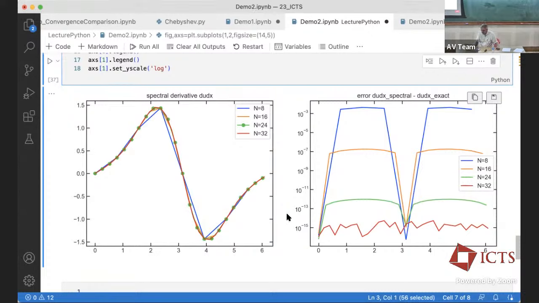So your tutorial for today is to actually code these types of functions that make use of Fourier spectral methods, and then to explore this example and a few others to get a feeling of how quickly the series are converging and how you can compute derivatives. And then tomorrow we'll go on and address the question that Ajith asked: what do you do for non-periodic problems? Okay, thank you very much.